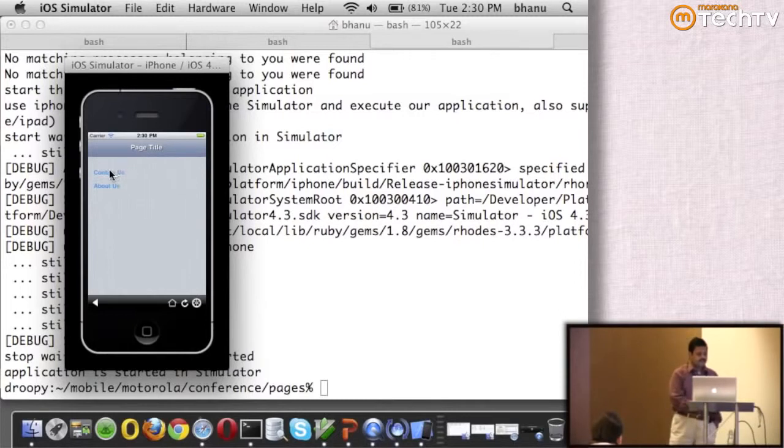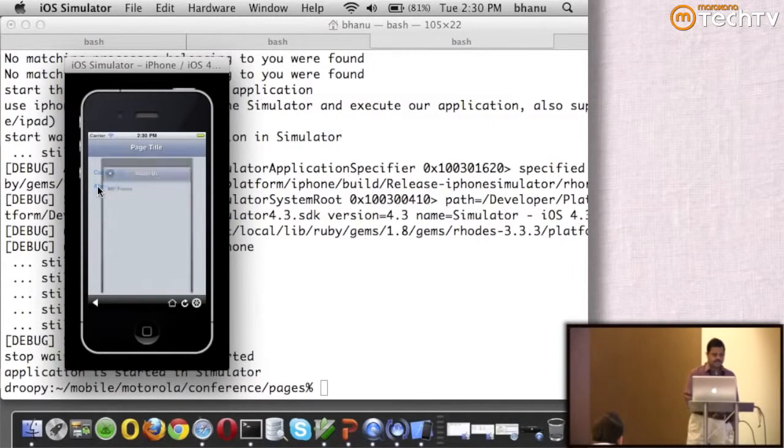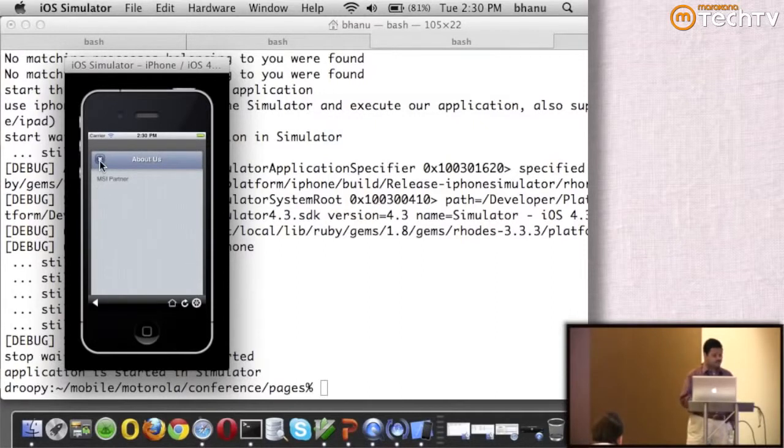I have my title, I have my body, I have my footer and two links, contact us and about us. And I said when I tap on contact us, flip and show the contact us page. So, even though the contact us is a different page, it does not feel like we are going to a different page.